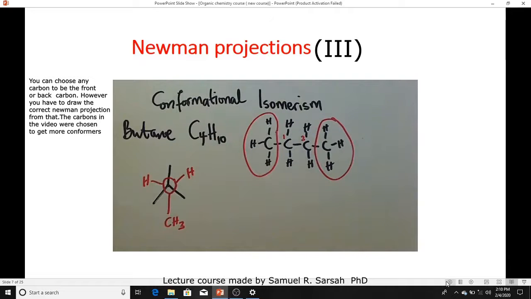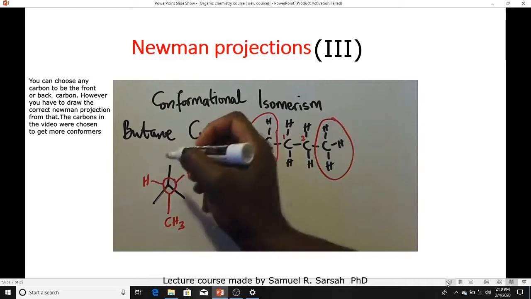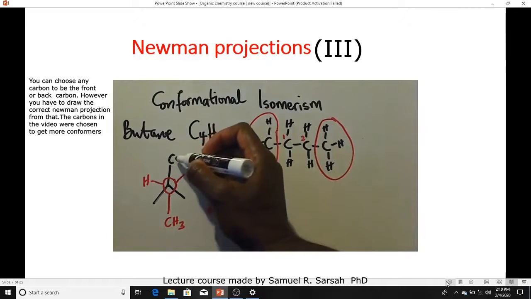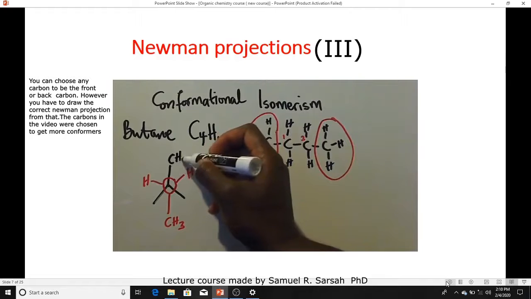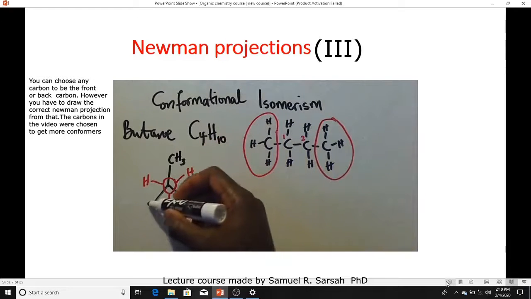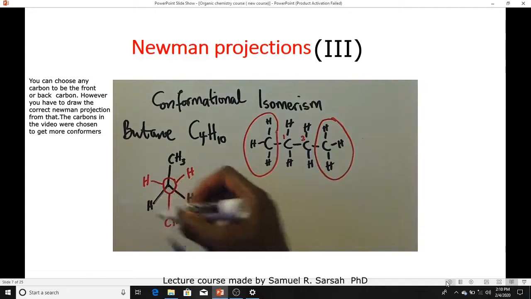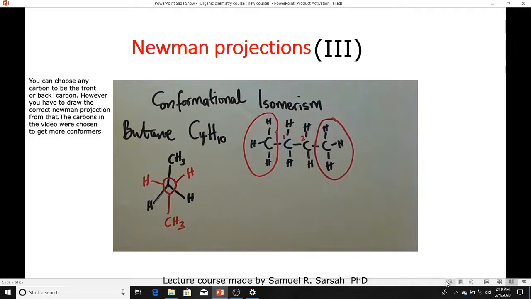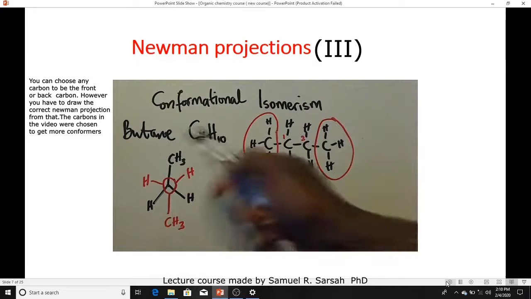And then let me draw the groups. Okay, so that is the first Newman projection